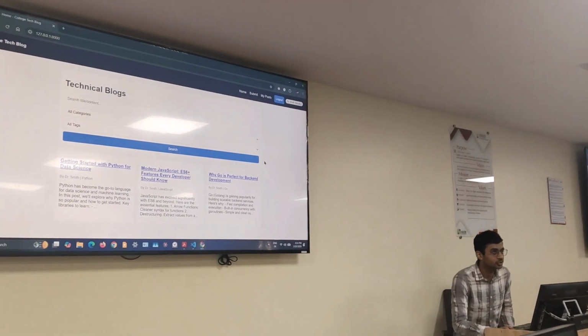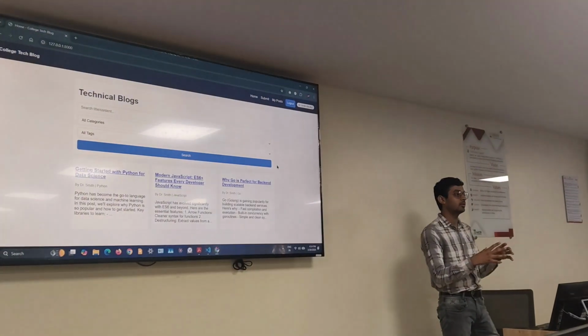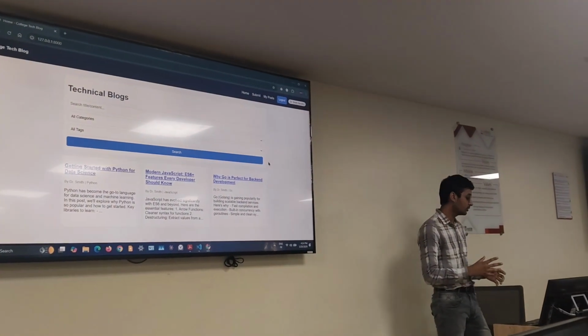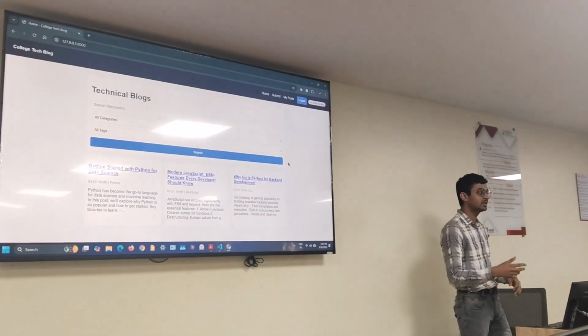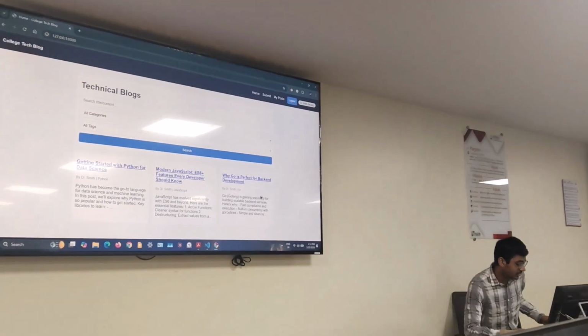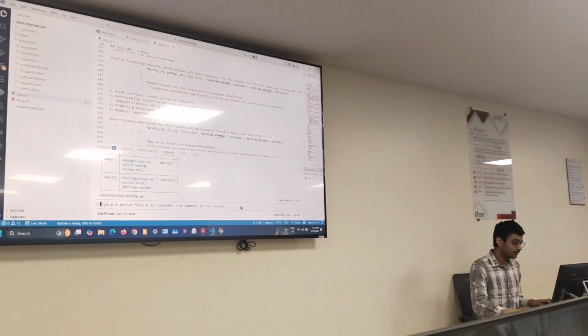Okay, this is not showing that where faculty has to approve every post. So it has not given this feature. So I'll ask it to create this feature. Okay, so next step is I'll ask it to